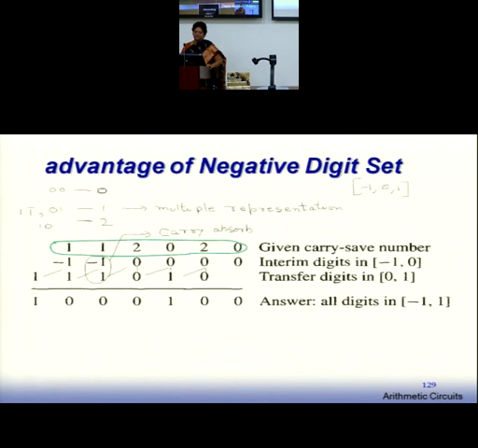So we said that if you choose a -1, 0, and 1 digit set, then this 1, 1, 2, 0, 2, 0, which was taken as a sum of two binary numbers, can be converted to 1, 0, 0, 1, 0, 0, with all digits in the range of 0 and 1, which fall in the digit set -1, 0, 1. So we are still getting all my results back in the RB digit set. RB means redundant binary. So I can do my addition this way.